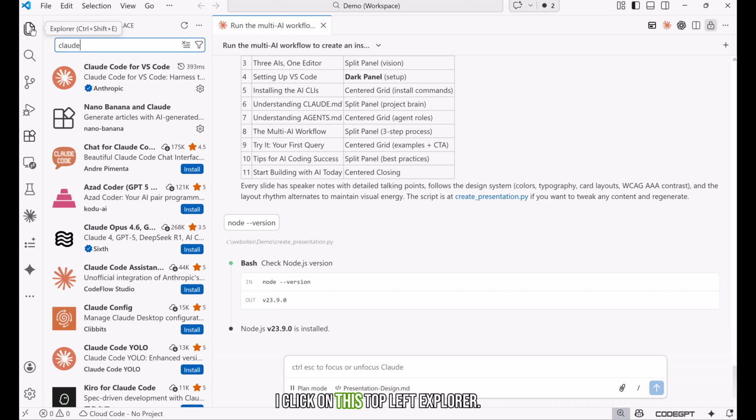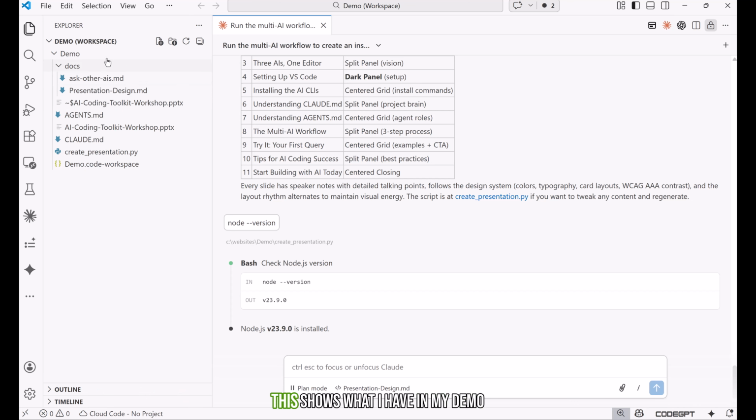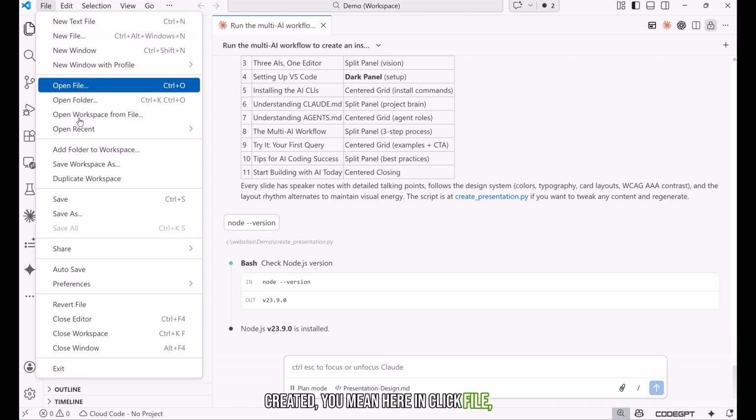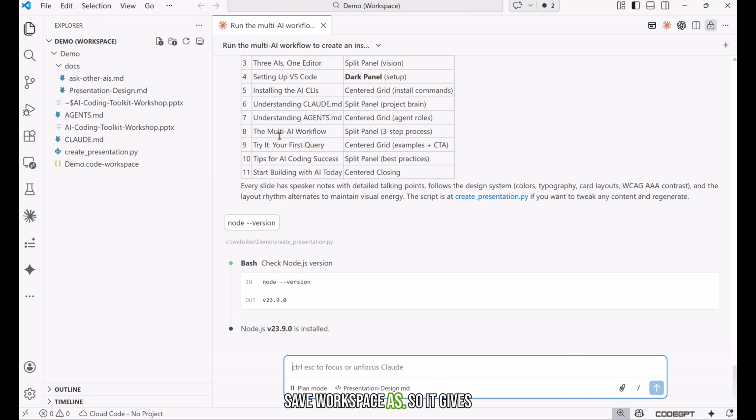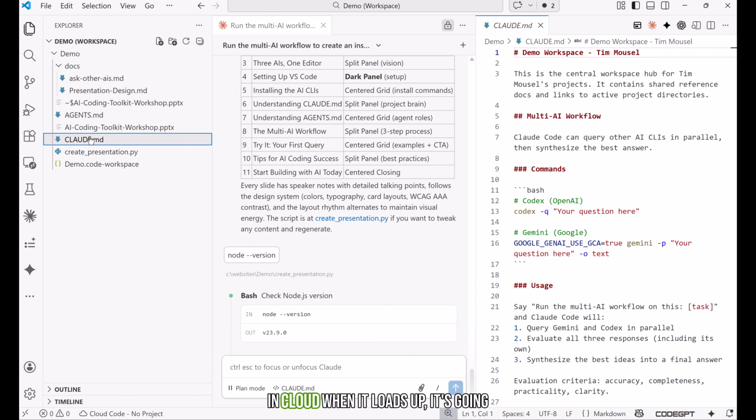If I click on this top left, Explorer, this shows what I have in my demo folder. This is just a folder that I created on my Windows drive, and I clicked File, Save Workspace As. So it gives permission for VS Code to work out of my demo folder, and it doesn't go outside that folder. The first thing in Claude, when it loads up, is that it's going to